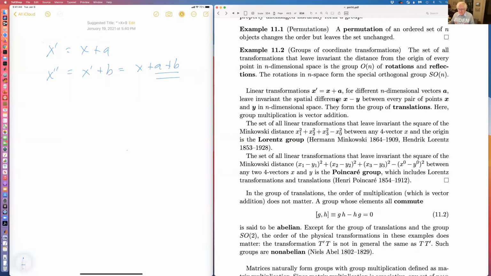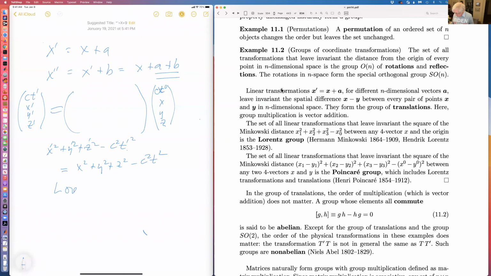So here addition plays the role of group multiplication. And then you can have vectors x0, or I could just say ct, x, y, z, and have a matrix such that we have over here ct prime, x prime, y prime, z prime. And so this is a 4x4 real matrix here. And if x squared plus y squared plus z squared, the primed ones, minus c squared t prime squared is equal to x squared plus y squared plus z squared minus c squared t squared, then this is the Lorentz group